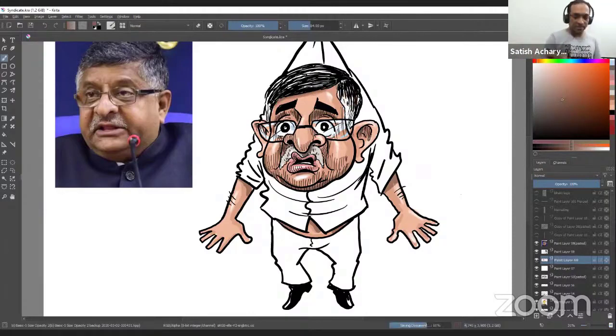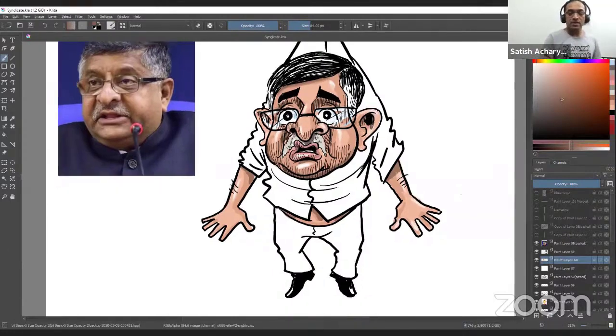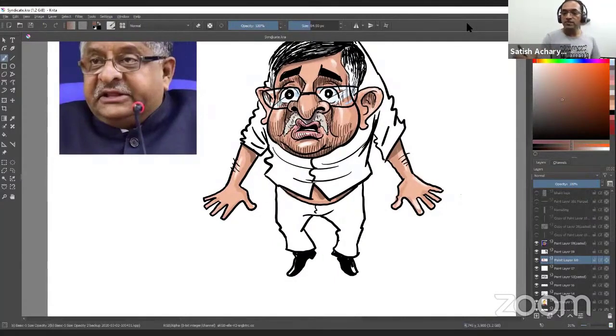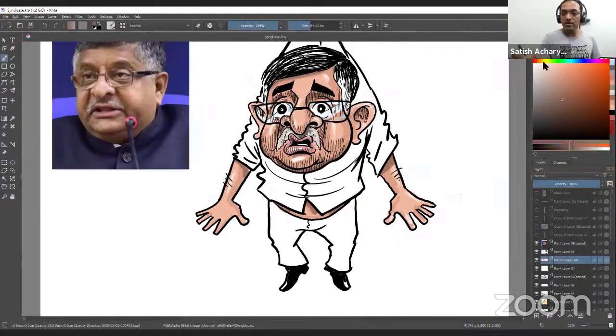In digital coloring, the shades and highlights are very crucial. They add lots of depth to your drawing.